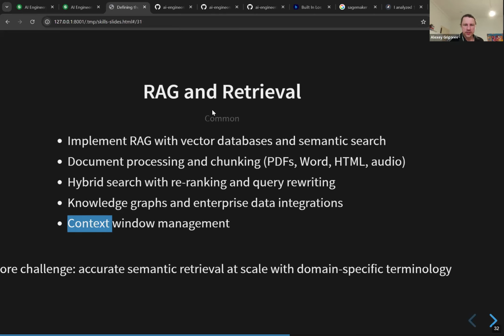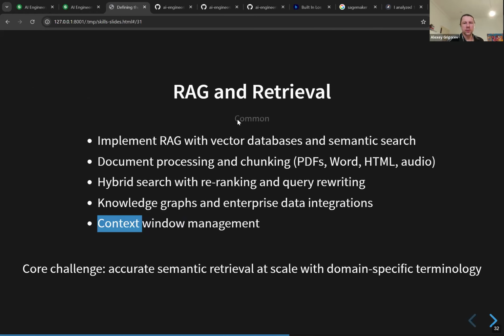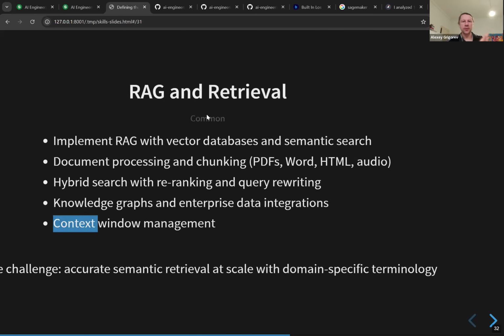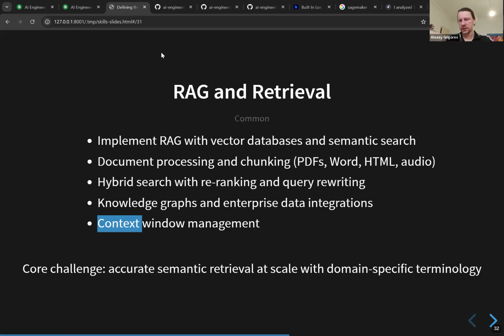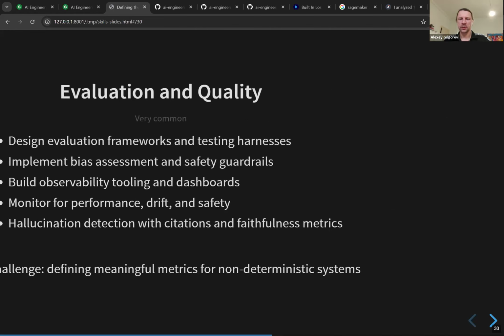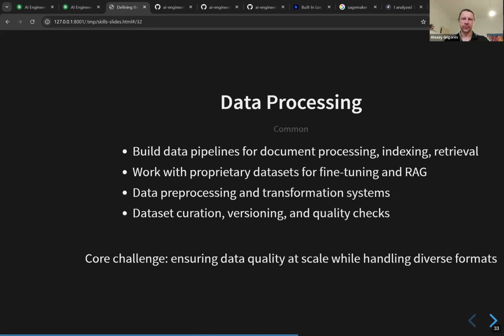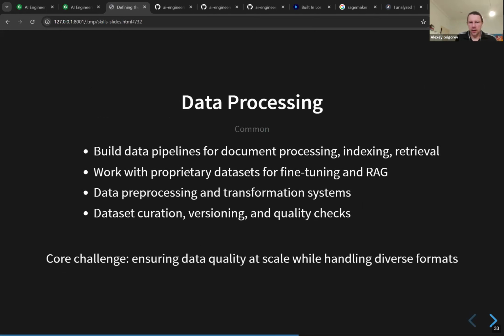Data processing. So these were very common. Now we're talking about common things, right? Common because of how often they appear in responsibilities, right? So if we look at skills, RAG is the most common skill, but in responsibilities, it's aggregated differently. That's why maybe RAG comes only, I don't know, fourth. So, data processing. Yeah, it goes hand in hand with RAG, and we had this question about data engineering, right? So this is what needs to happen. We need to process our data, and who, if not data engineers, are the best people to do that.